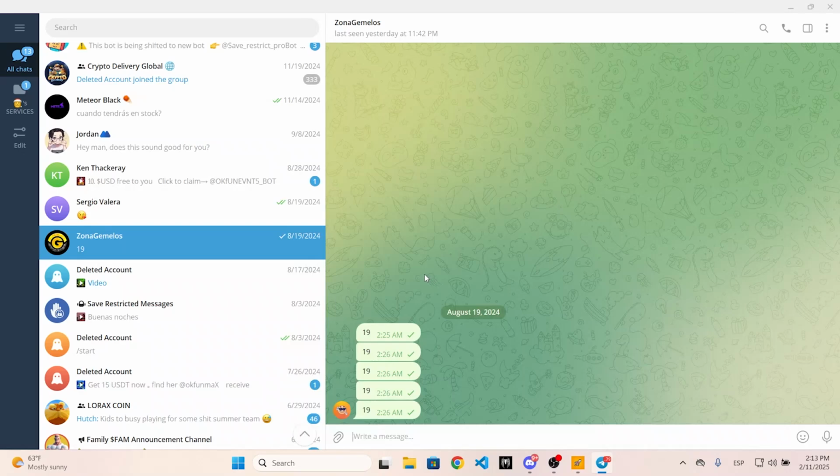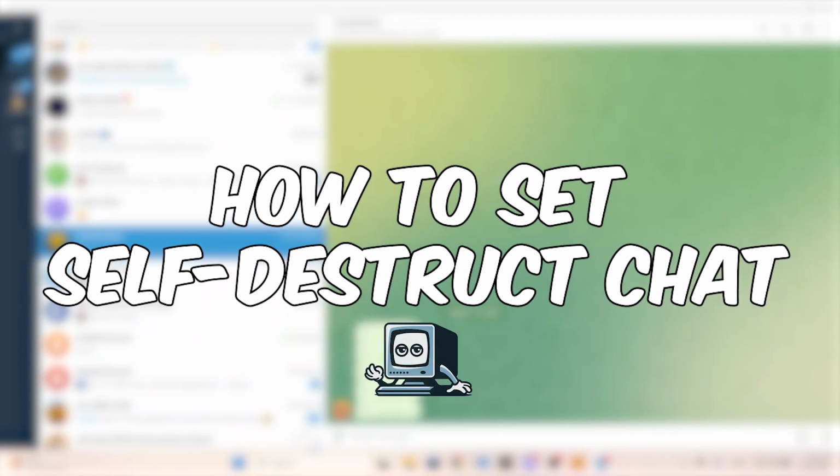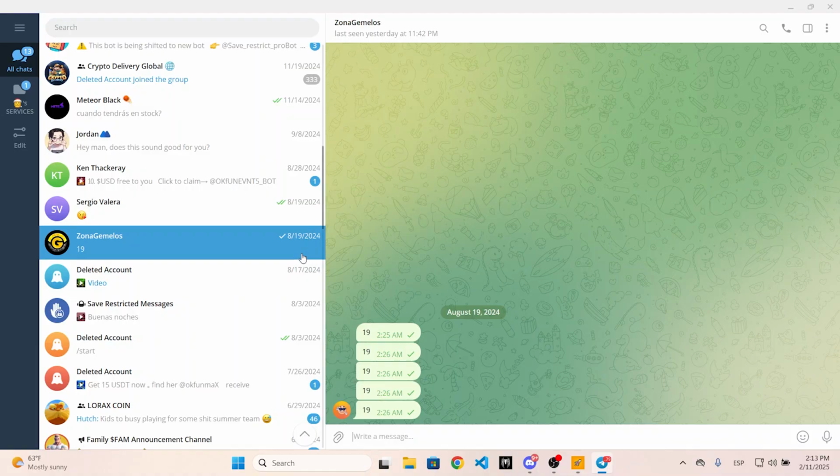I'm going to show you how you can set an auto-delete or self-destroy chat on Telegram in just a few